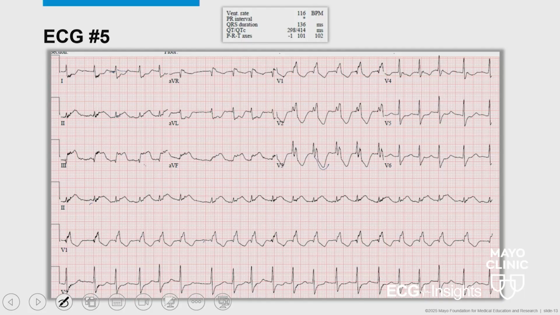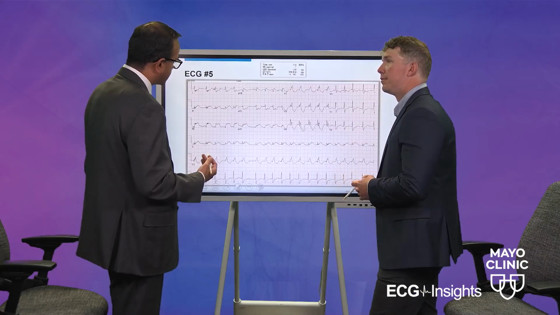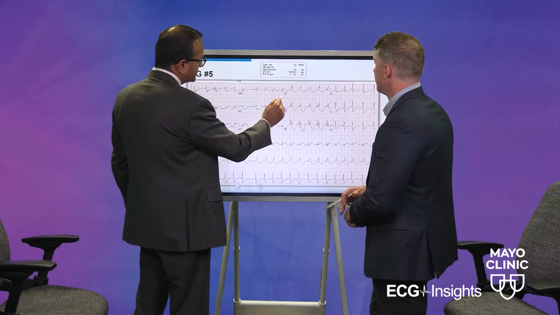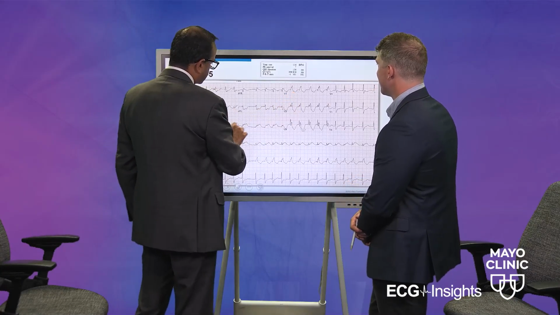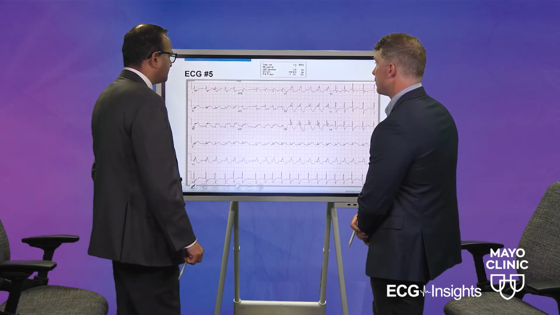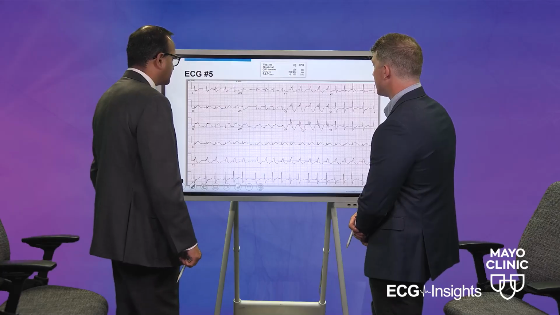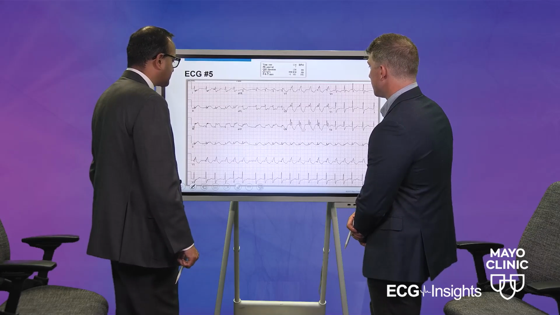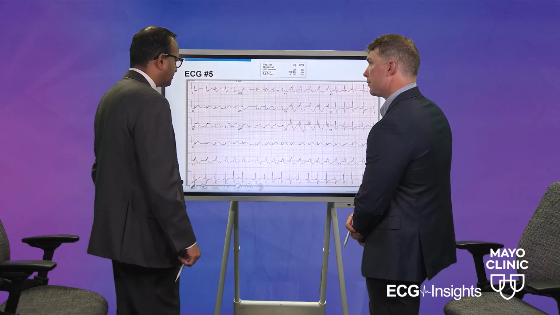Absolutely. Clearly atrial fibrillation, and you can see it in patients with inferior wall MI, because sometimes patients can get atrial ischemia, so that can cause atrial fibrillation. It could also be the stress of MI, increased sympathetic tone, which can put patients into atrial fibrillation. But like we talked from the earlier ECGs, this right bundle branch block is not because of the inferior wall MI. This patient probably had a right bundle branch block before, so that you can rule out from ischemia from the right coronary artery standpoint.